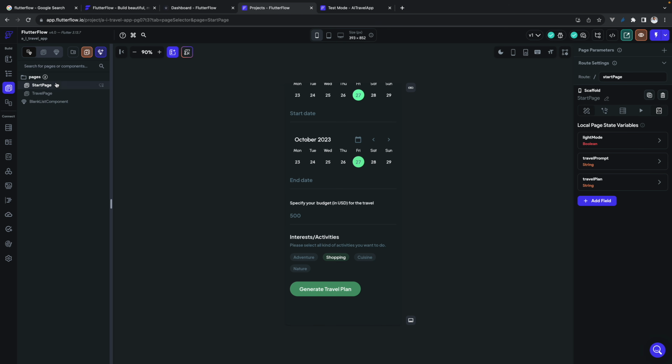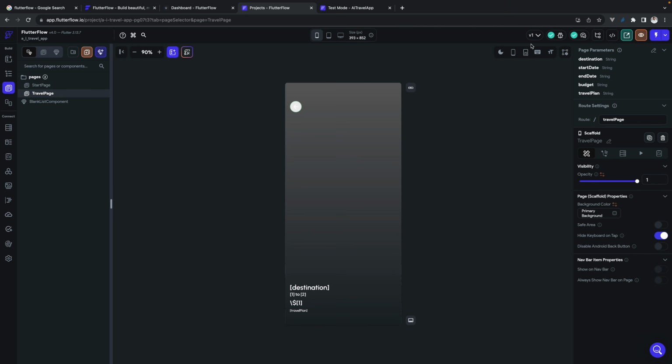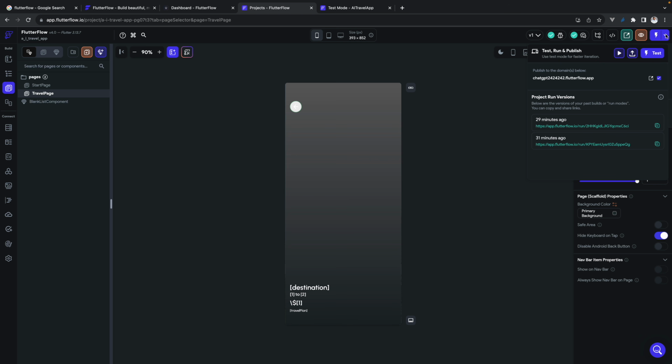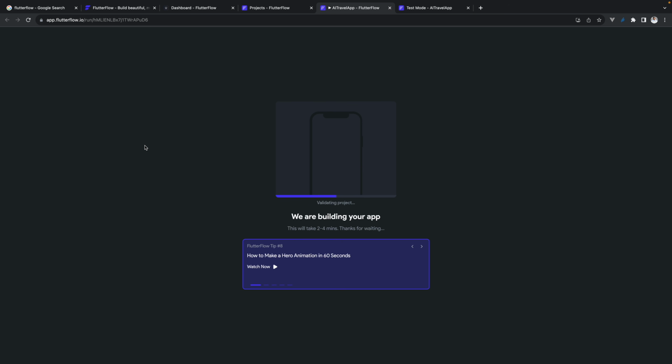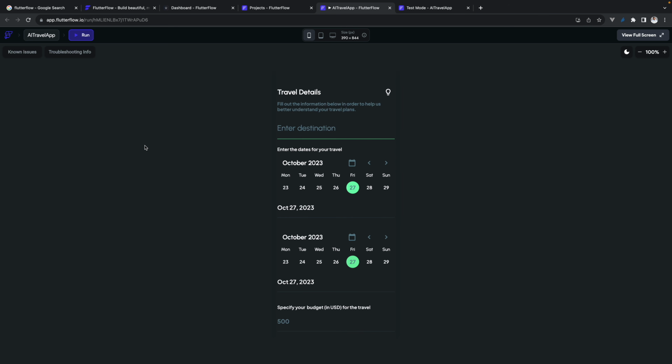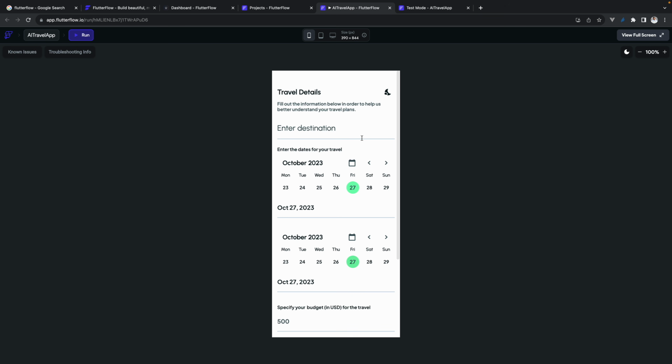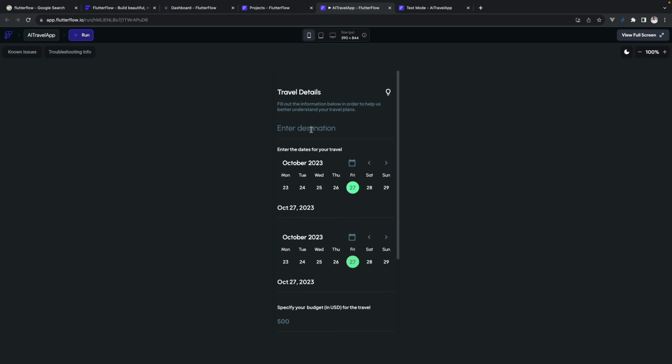We have the start page, we have the travel page, and let's run this application one more time to see how things are working now. So I'll do this. All right, so we have the project over here. We can change our theme and all. So let's stick with this. Okay, let's enter our first destination. So let's use it